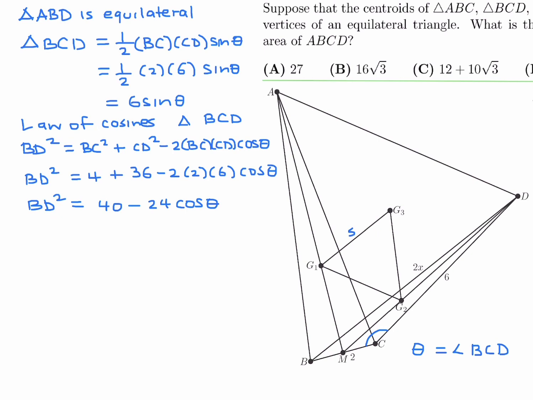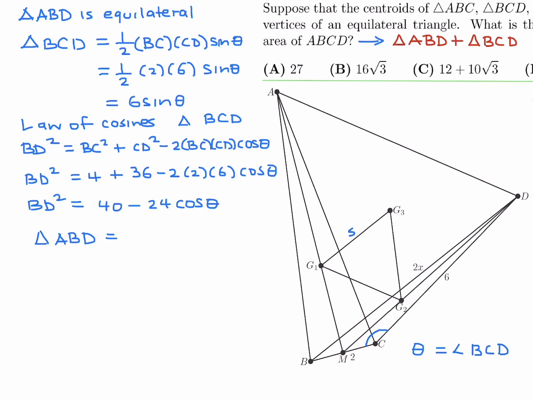Now at this point, we can use the fact that ABD is equilateral. And what we are going to do is break up ABCD into 2 sections. The first section is going to be this triangle ABD. And then the second section, of course, will be the other part of that, which would be triangle BCD. Now the first part, which is ABD, this guy, that we had gone through painstakingly to prove is equilateral. And that helps us because it helps us figure out the area. So the area of ABD,